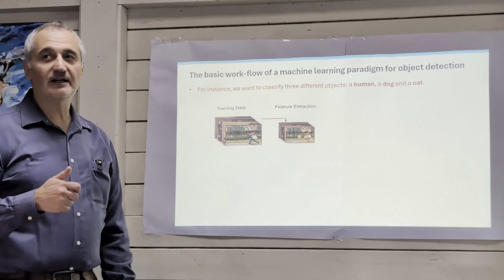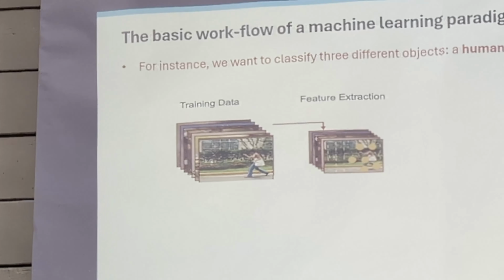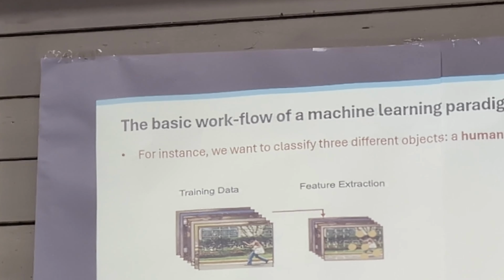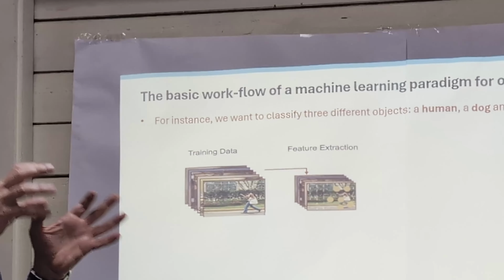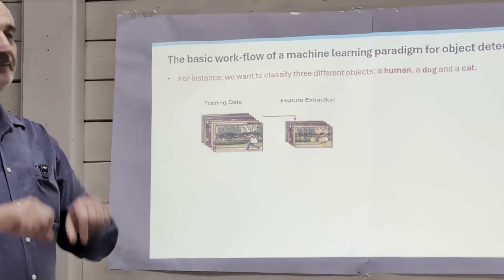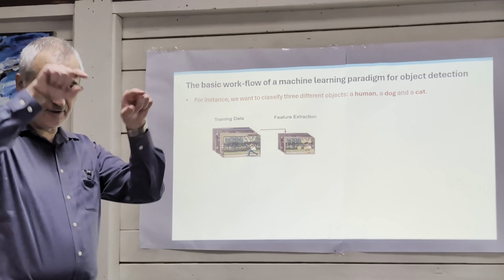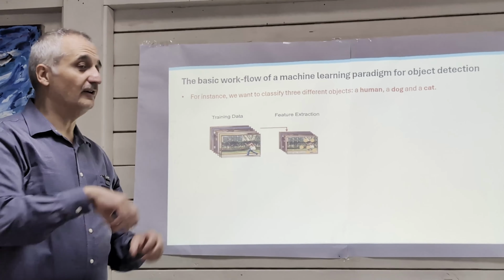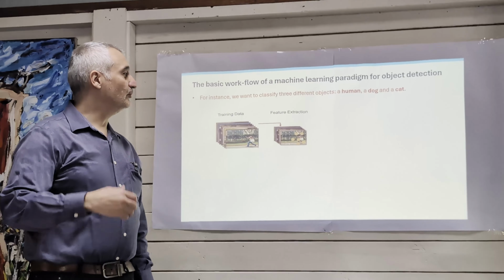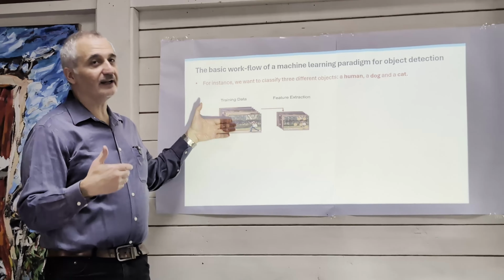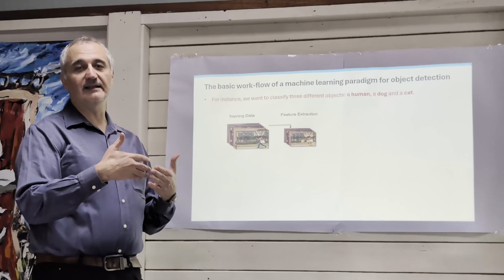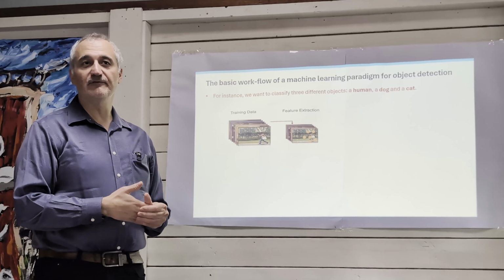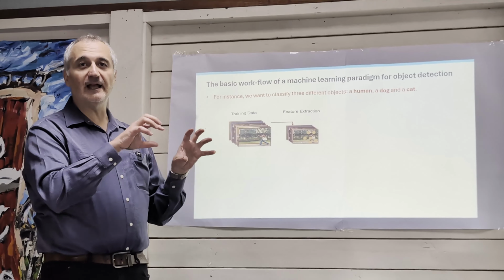Now, the feature extraction could be done manually or automatically. In the earlier systems, you would pay people to sit in front of a screen and box features, saying, okay, this is a human, this is a cat, this is a dog, and this is an object. So we will need training data that contains all the metadata, the truth information, so knowing what we're looking at.